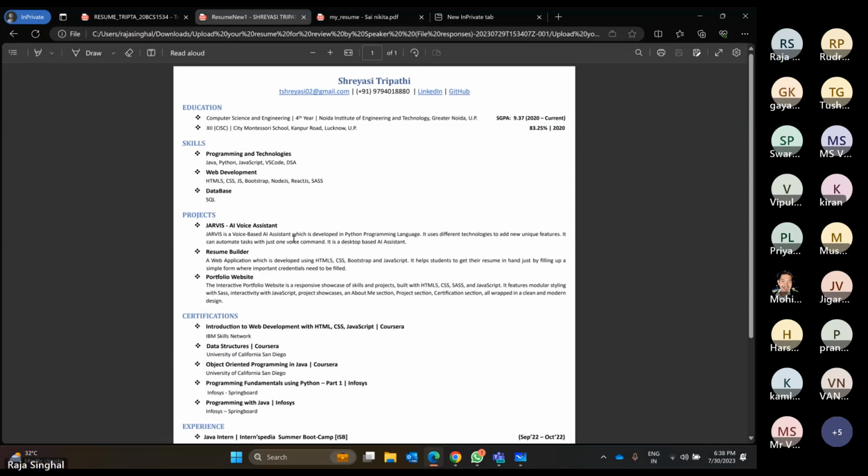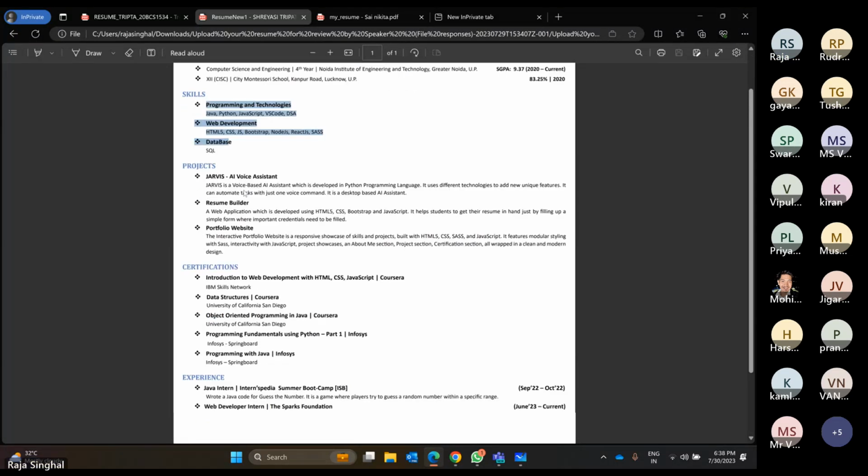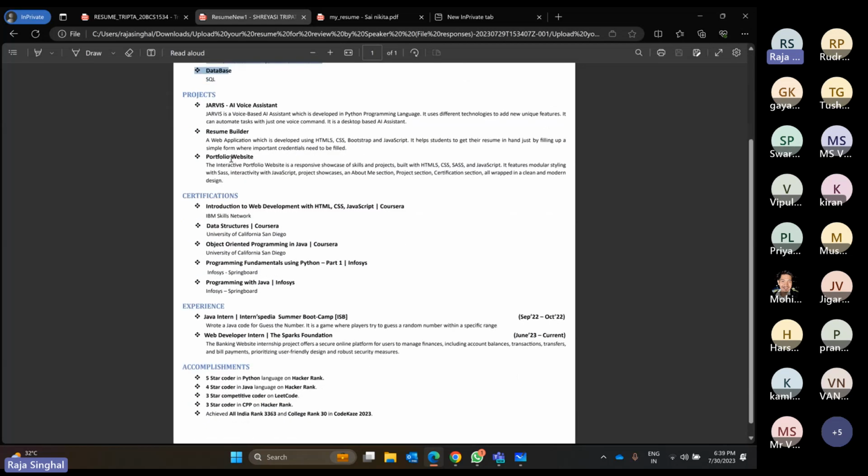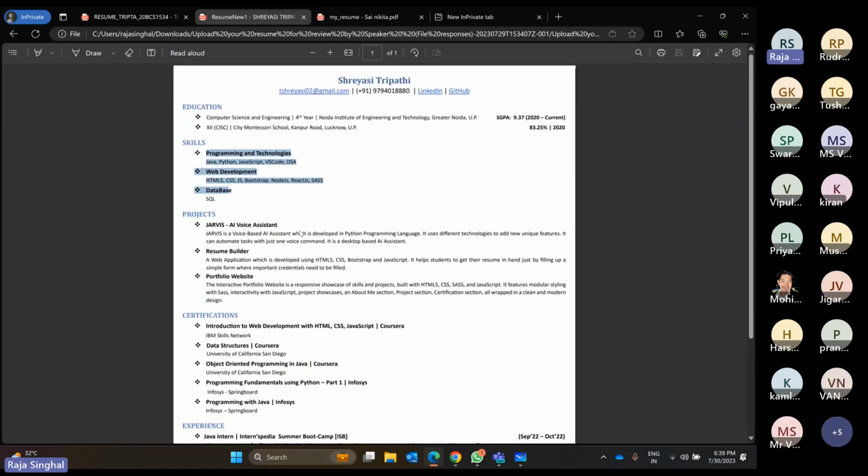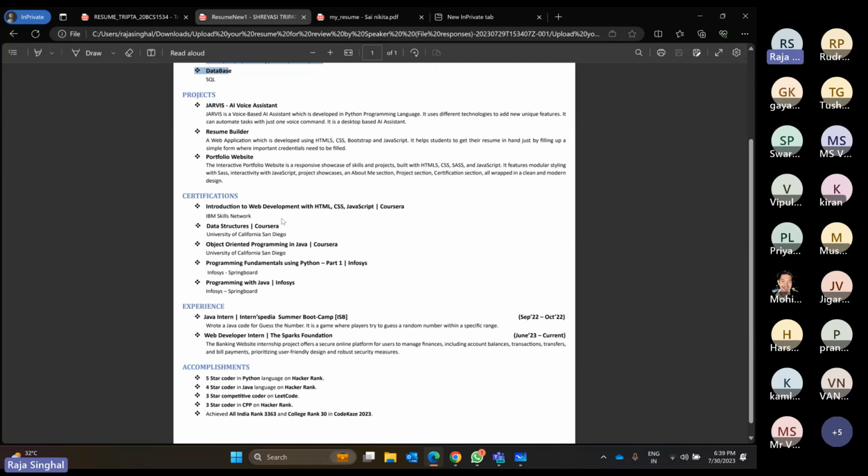Education is okay, and he mentioned that part. Skill section is okay. There is one mistake here: try to put your experience just after the skill section, because experience takes a high weightage in your resume.